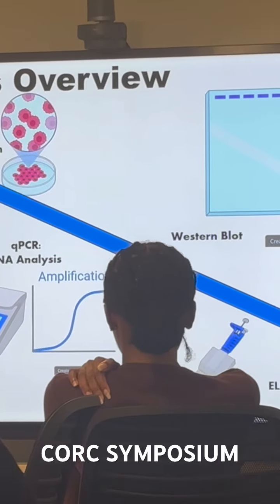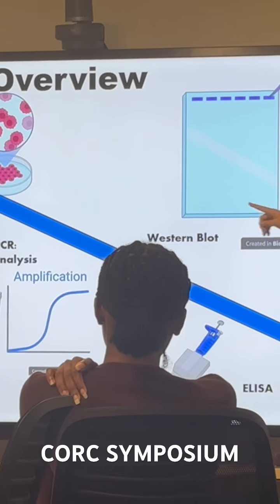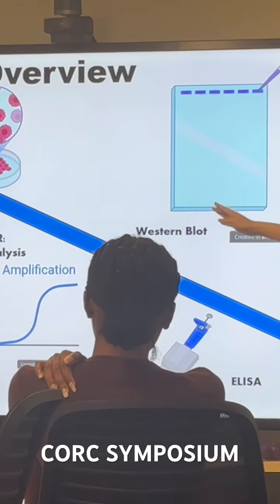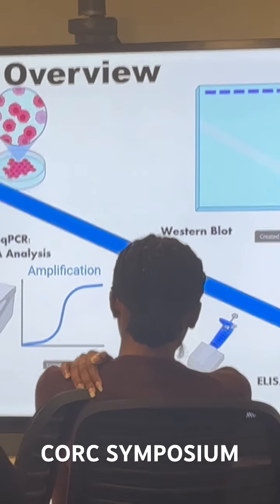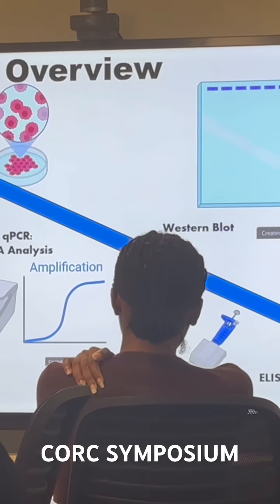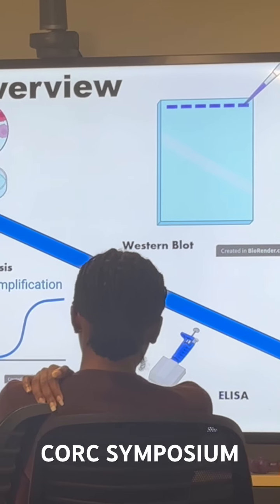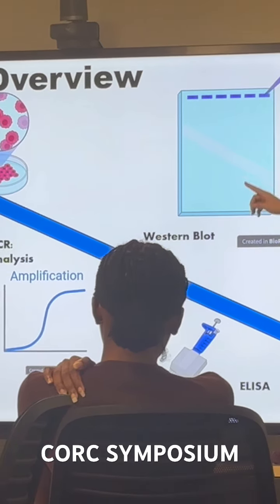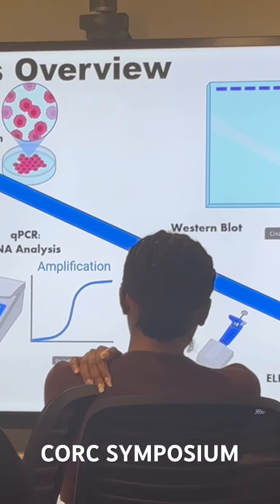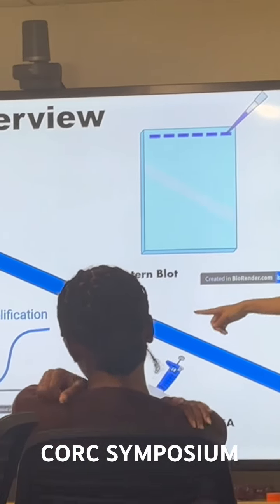So this will be a little techniques overview. I start with the Cre positive and Cre negative mice. To clarify, Cre positive would be the cells without DDX17, and Cre negative would be the cells with DDX17. And I would incubate them in different inflammatory triggers, and then we analyze the DNA with qPCR and the